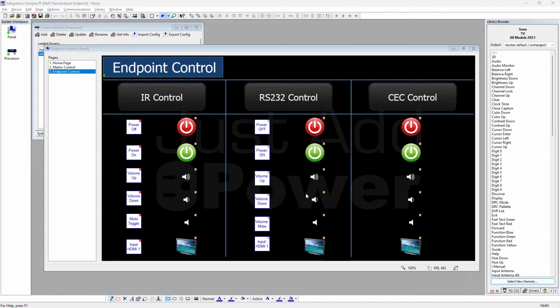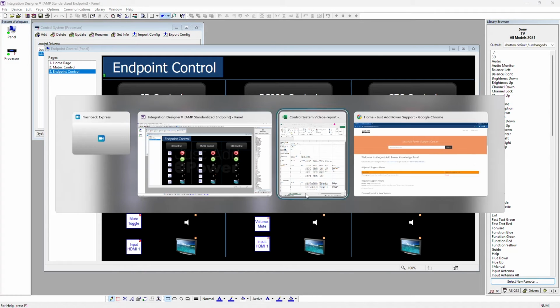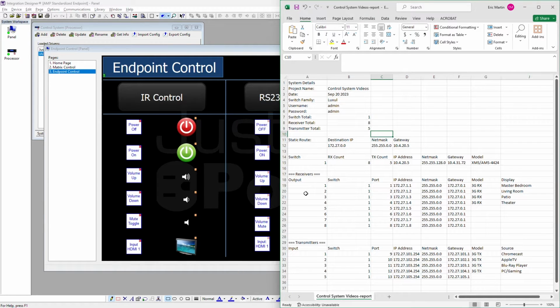Now, before going through this video, there's a couple of things we have already done. Number one, we've already configured the system with AMP. We've got our report file. We know how many TVs we have. We've got 4 TVs in the system. We know how many sources we have. We know where they are and what exactly we're connected to,